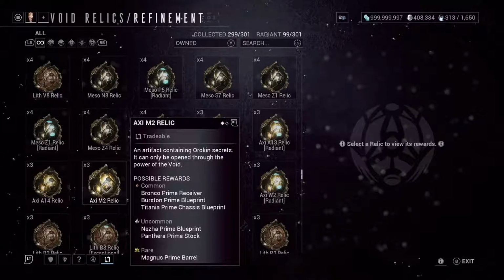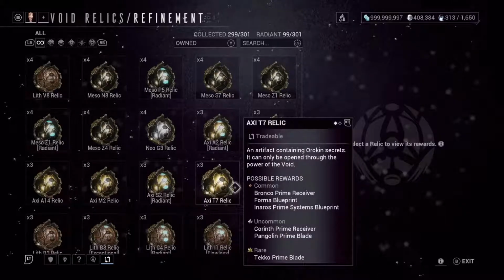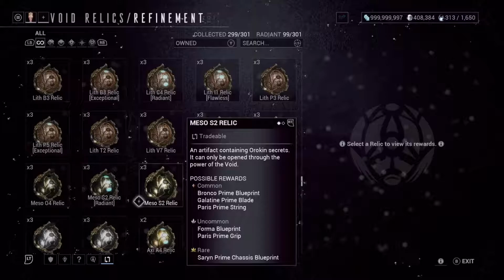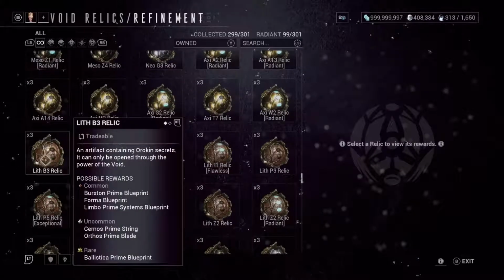Axie M2 is the Magnus Prime barrel. Girls Prime receiver sitting on the Axie S2, that's a good one. Axie T7 the Tekka Prime blade. Axie W2 is the Wukong blueprint. Those are Radiant there. And then to work our way down to the really low single figures, we got the